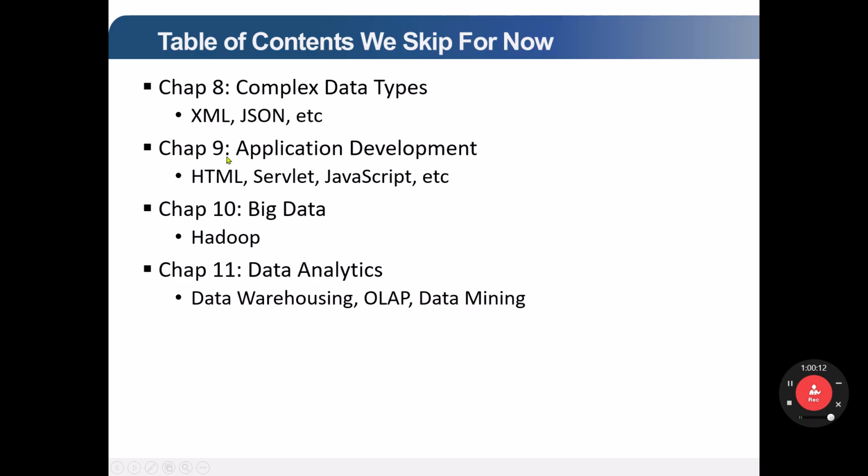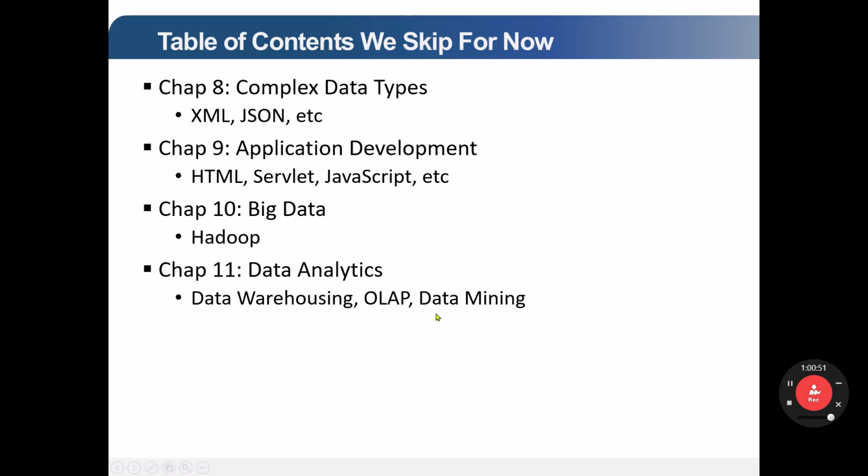And chapter 9 doesn't belong to this course. It introduces HTML, JavaScript, and so on. I know that HTML and JavaScript are covered in the software engineering class, and some other lab courses cover these topics. I don't think this is needed for a database systems course. And big data processing, we are going to talk about this at the end of the semester. And chapter 11 is about data analytics,